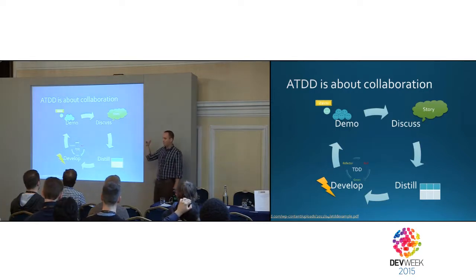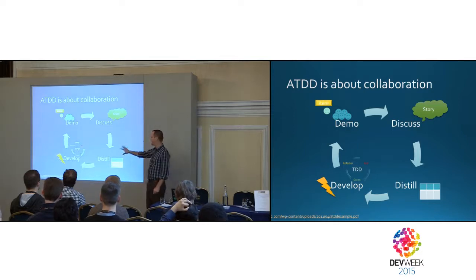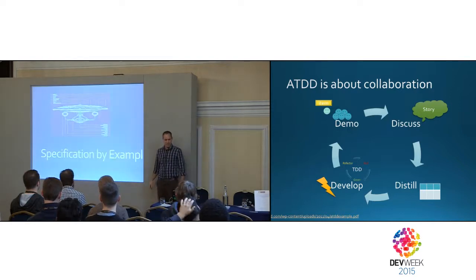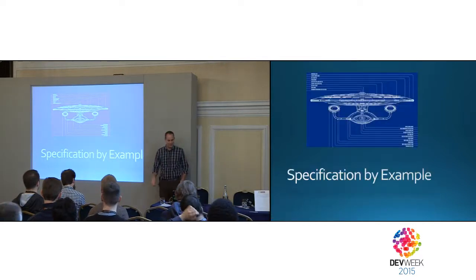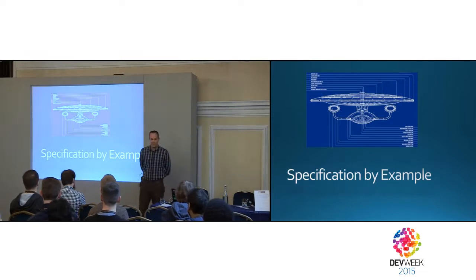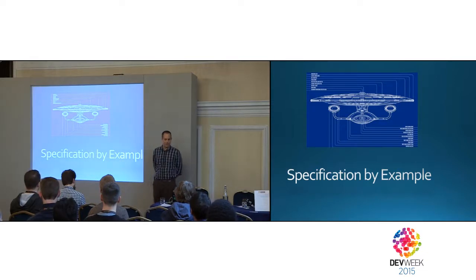Now, back then, in 2002, 2003, there was no clear process. This is still not a clear process. But we did find the process along the way, also referred to from time to time as specification by example. Now, specification by example is a nice idea. And the first one to talk about the idea was Martin Fowler.